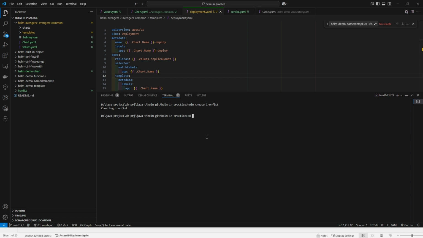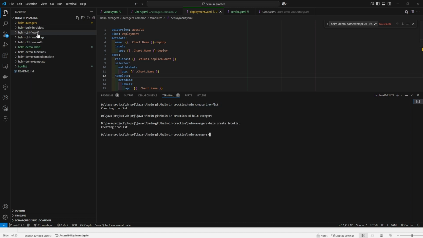cd helm avengers. So now I will create one more time. Okay, here. So I'll create one more time. So it will create a Helm chart inside the